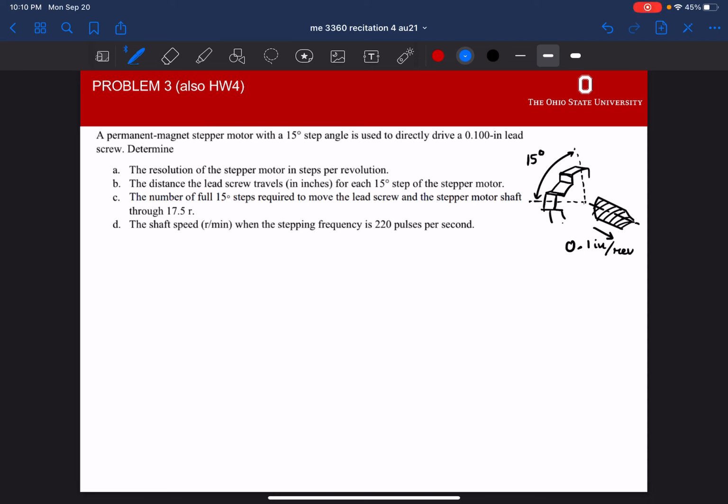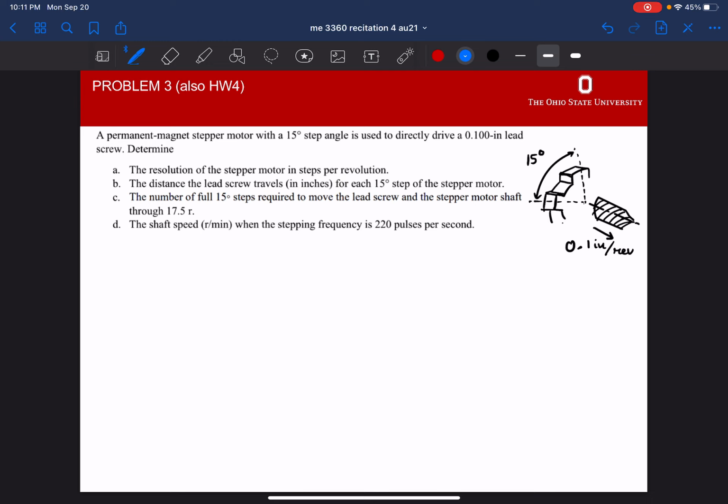Okay, so for this problem, we have been given that there is a stepper motor with a 15-degree step angle, which is used to directly drive a 0.1 inch lead screw. I've made a schematic of this where I've taken a pie piece of the stepper motor, and I've shown you just two steps at a difference of 15 degrees, and this is connected to a lead screw, which would move axially by 0.1 inches when it moves